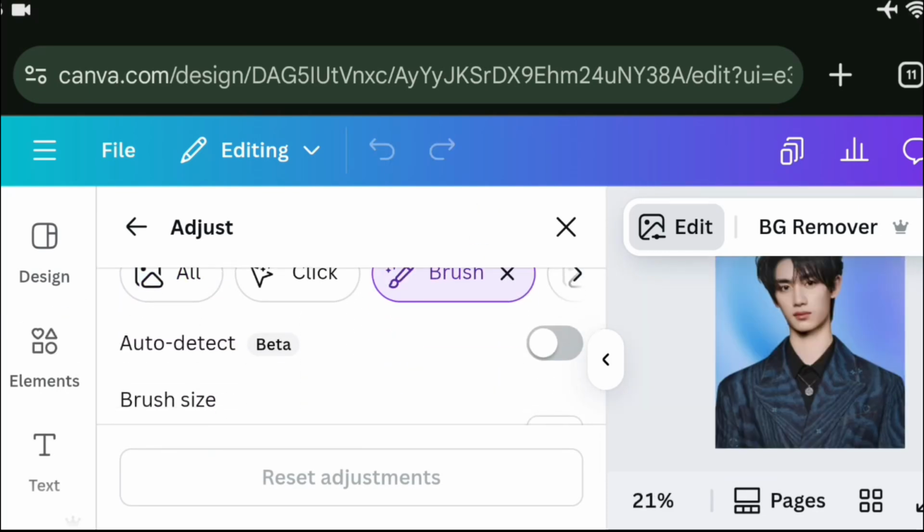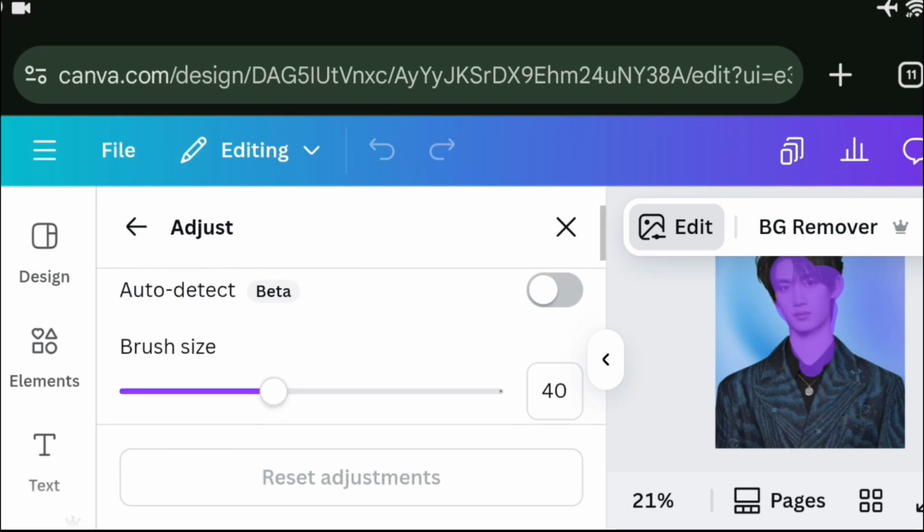This feature will allow you to apply adjustments only to specific areas like face, hands, or any exposed skin. And then just start brushing over the skin areas that you want to edit, like this. For example, like this. And once the area is brushed, you can now tweak the settings. You can